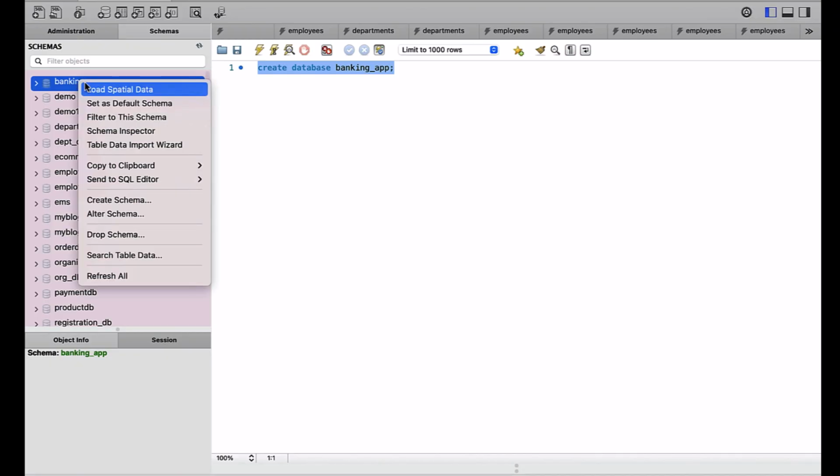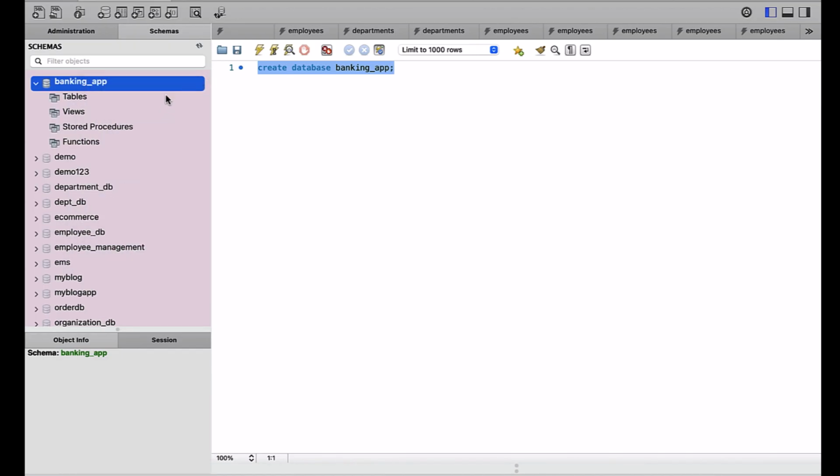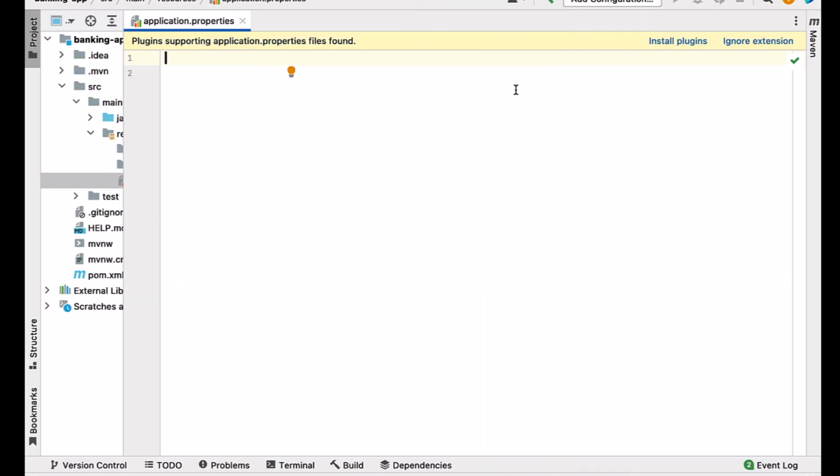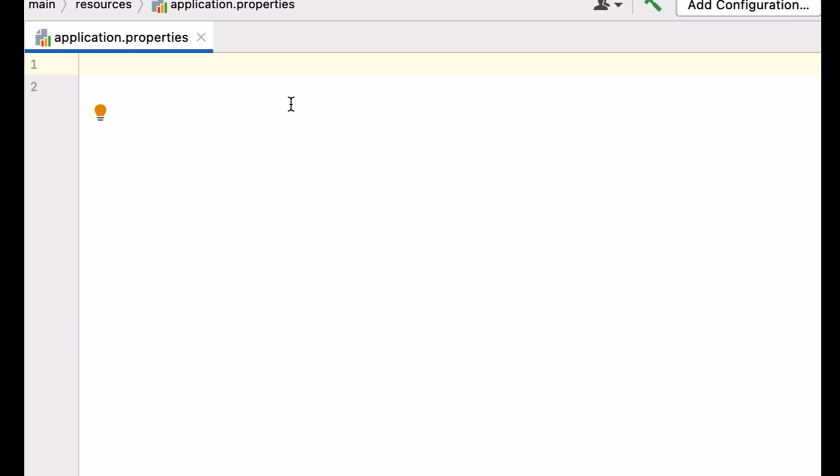Next, we can make this schema or database as a default so that we can only focus on this database. Next, let's go back to IntelliJ IDEA over here and go to application.properties file, and here let us configure the MySQL database properties. So just type